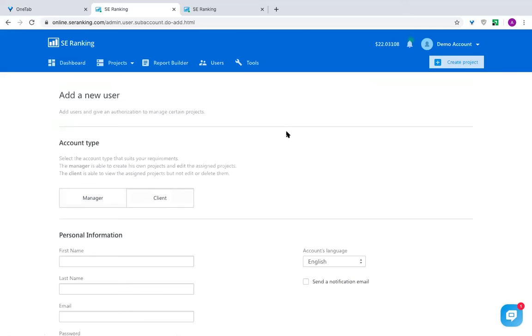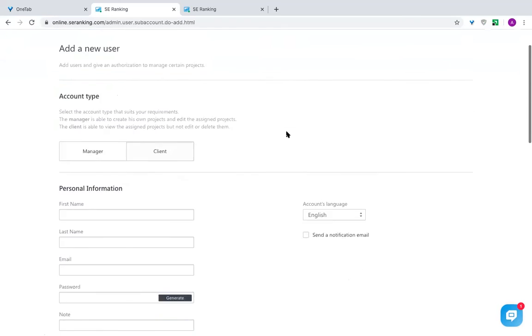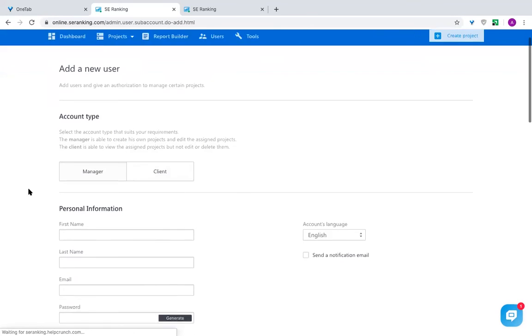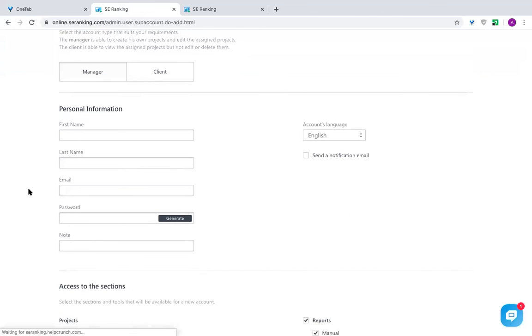The client account is basically a view-only account. They can't change anything, thank God. I'm not going to dive into this setup. I'm going to dive deeper into the manager setup so that you can configure work for a teammate who's going to be responsible for a project and you just want to make sure that they have access to everything they need. So I'm going to click over to the manager, and here we have to fill out the personal information,